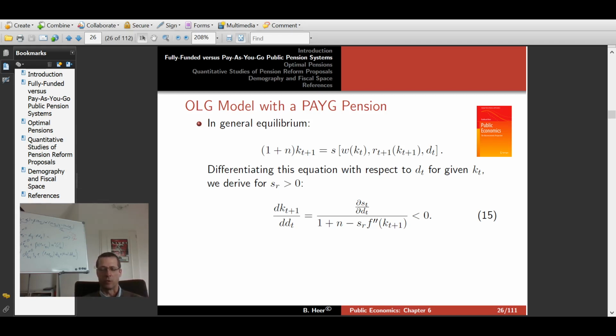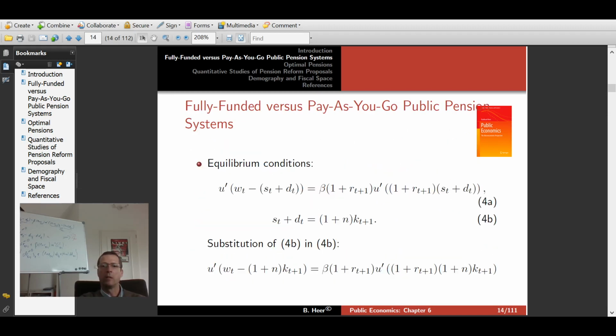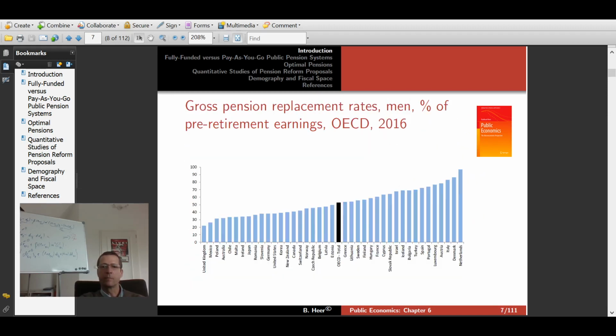And this is usually the case. Okay, so we have shown analytically here that in a pay-as-you-go pension system, higher pensions, a more generous system, reduce the capital stock. So if we go back to our empirical values